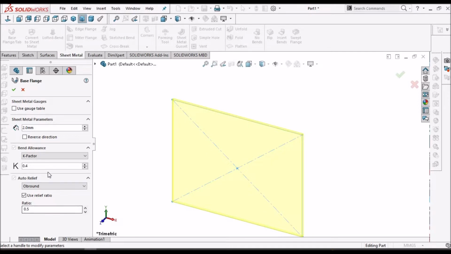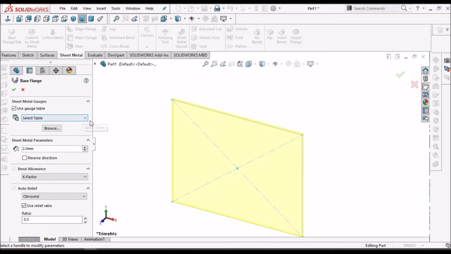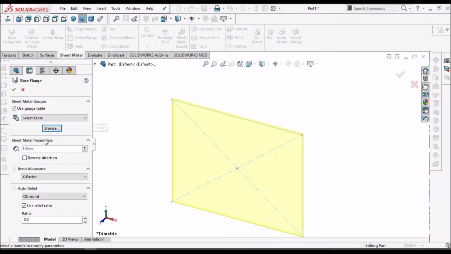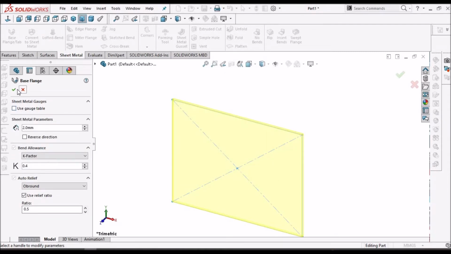So these things I am going to explain in edge flange operation. Now we can give the gauge table also. See here, gauge table, we have default gauge tables, and we can browse from our local computer and predefine. So these are the parameters available for base flange.